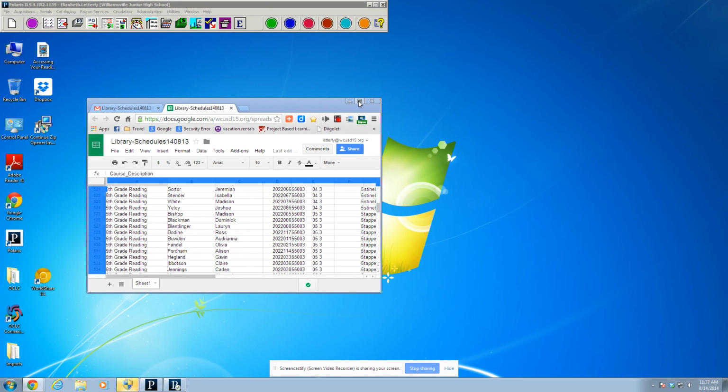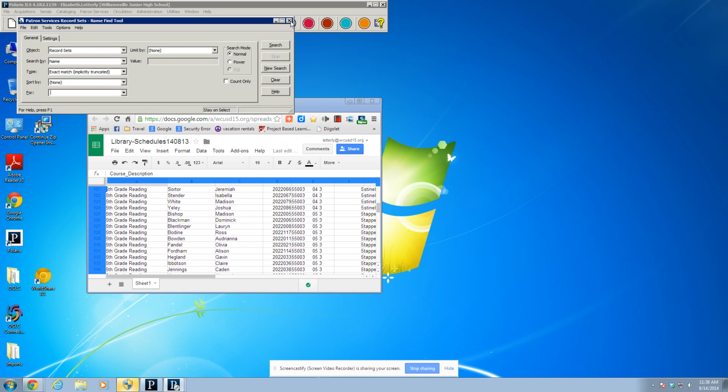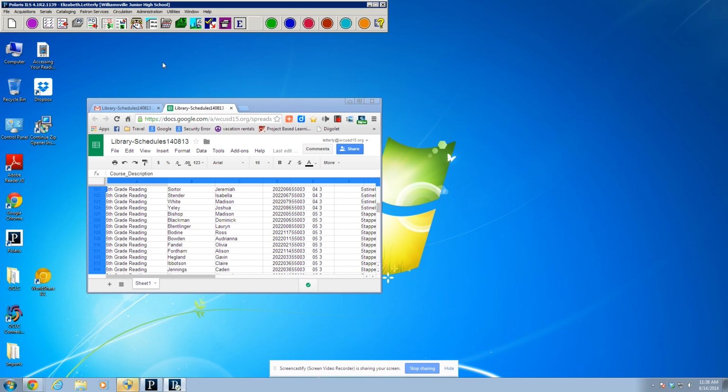will need to contact Illinois Heartland, do a help ticket. Actually, whoever is at the elementary will need to create a record set under patron records. Our patron services do a search for all of the 5th graders, add them to a record set, and then make sure that that is shared with Illinois Heartland, and you can talk to Illinois Heartland about it so that they can make a